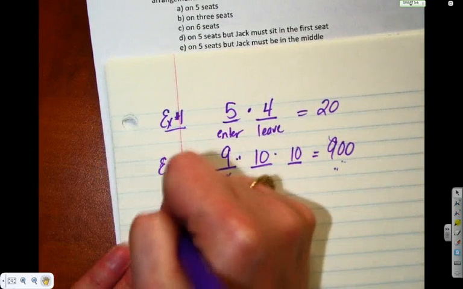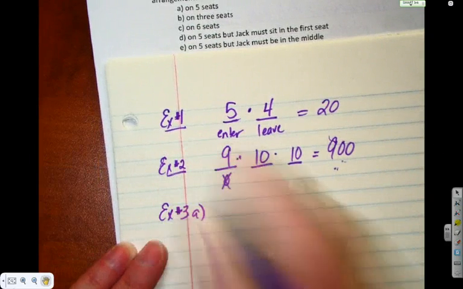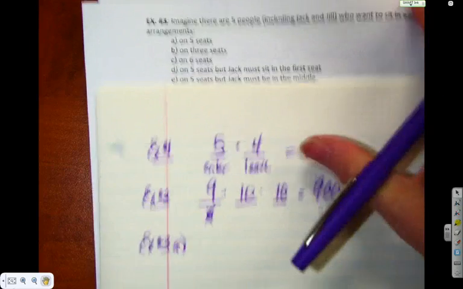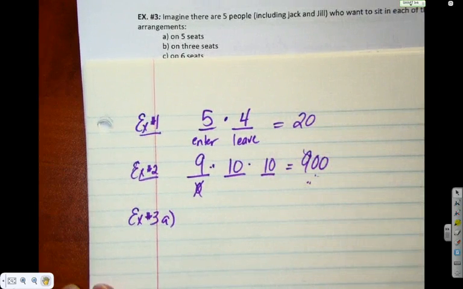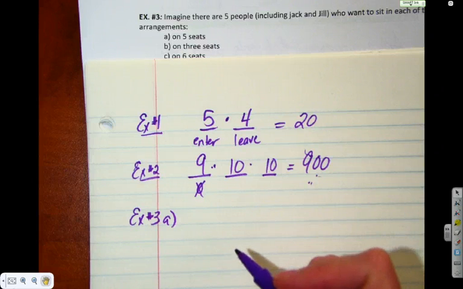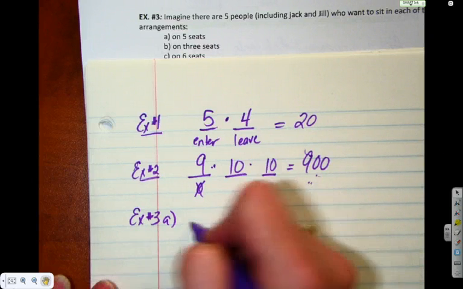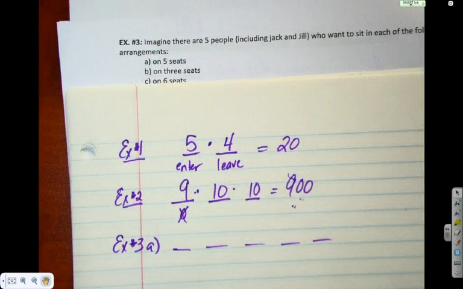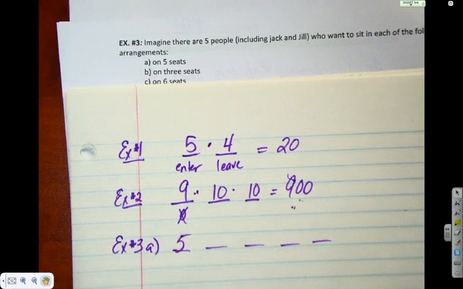3A is a straight-up standard non-restriction kind of permutation. 5 people, 5 seats. How many blanks do I need to write? 5 people, 5 seats. I need 5 blanks. So this could be any row in this room. Let's pretend it's the middle row. So the room is completely empty. Jenna walks in. No one is in her row. So how many different choices does she have for a desk? 5. She can pick any desk she wants. She picks the back one and she sits down.